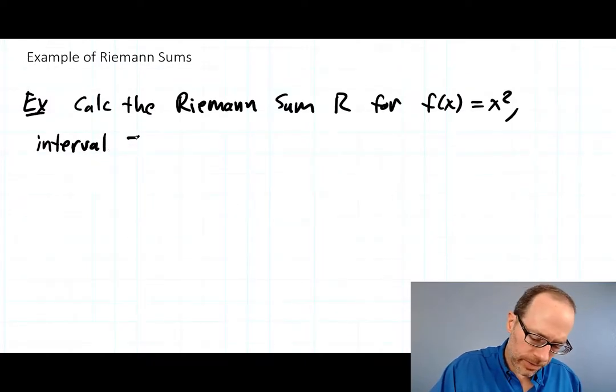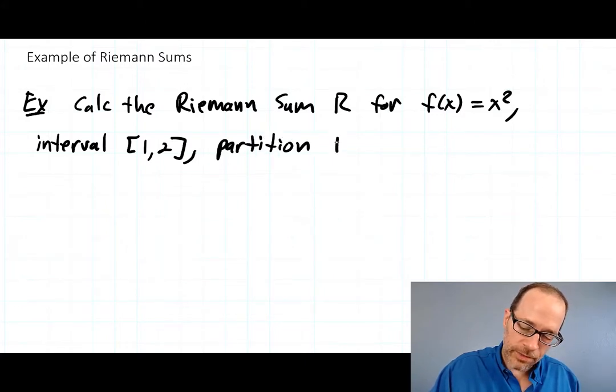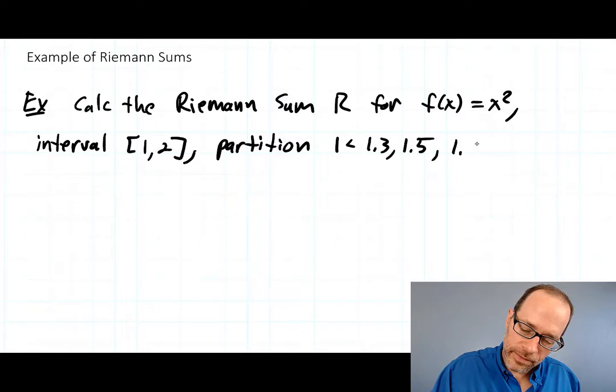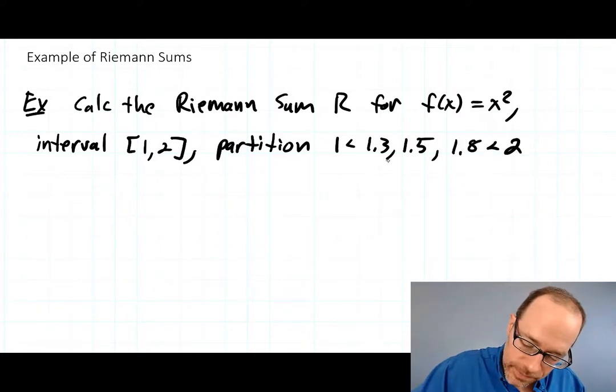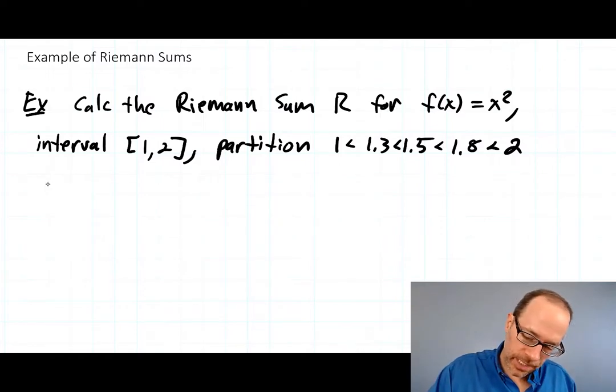Let's do, what did I have? All right, 1 to 2. Partition. So you have to start with 1 and it has to be bigger. I suppose I should put less thans here. Okay. What else do we need to specify? And sample size,